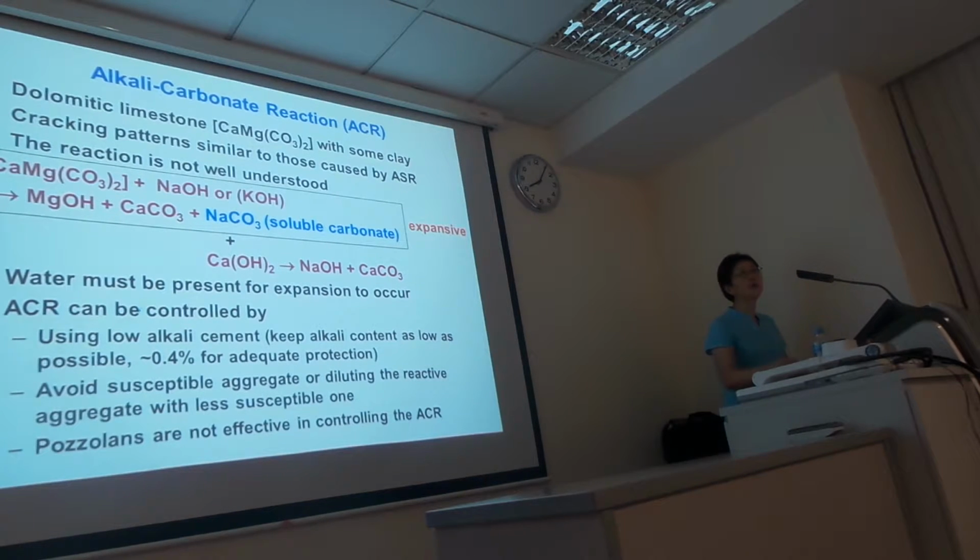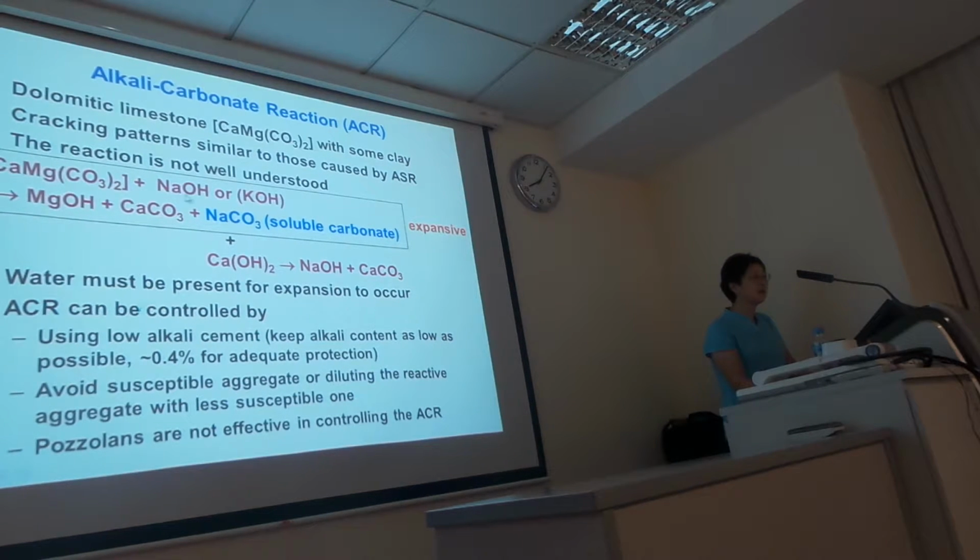So the real mechanism of the alkaline carbonate reaction is still not well understood. But what has been observed in real life is that the crack pattern of the alkaline carbonate reaction is very similar to the crack pattern caused by alkaline silica reaction. So in principle, this is the current understanding: when we're dealing with a dolomitic limestone aggregate, the reaction involves the reaction of dolomitic limestone